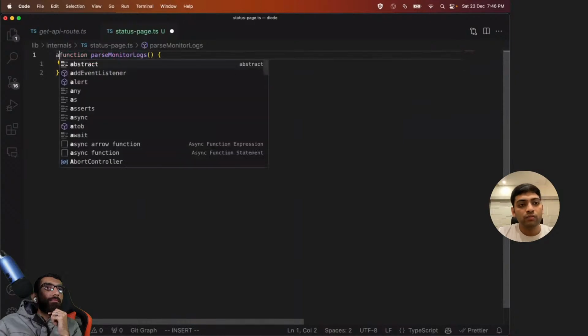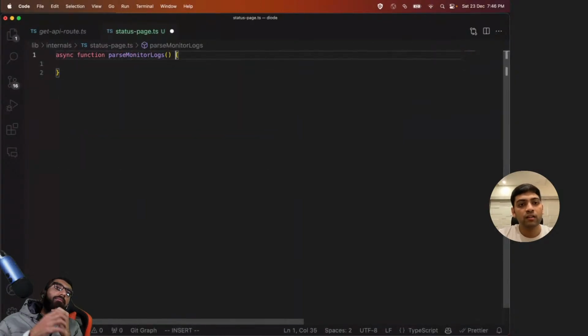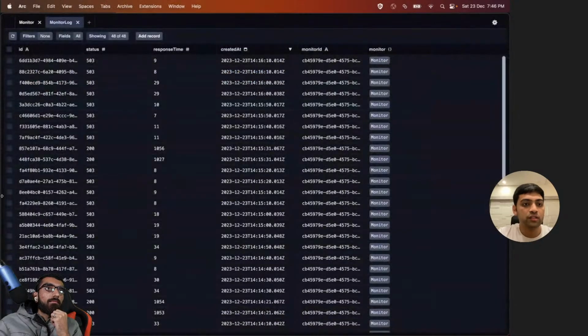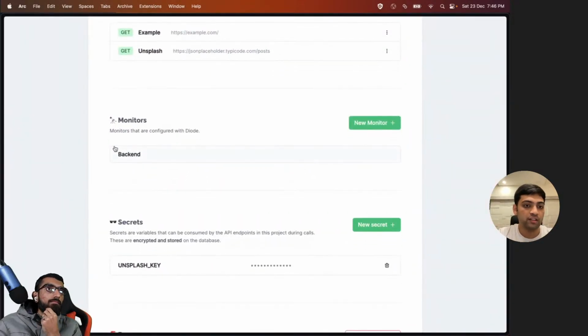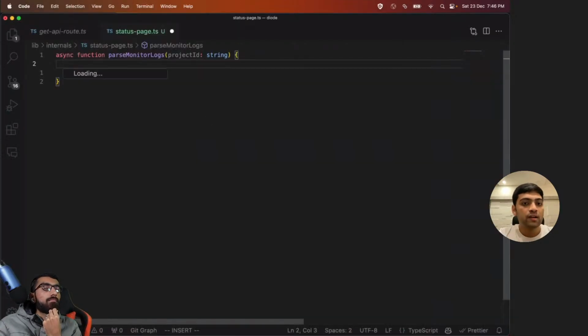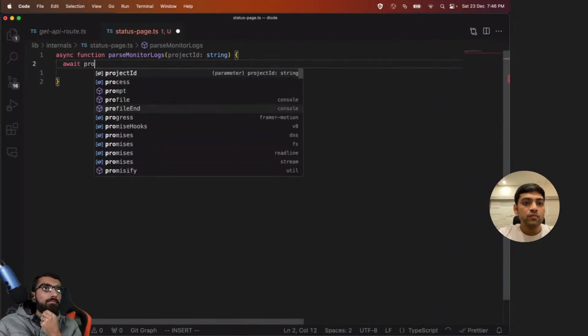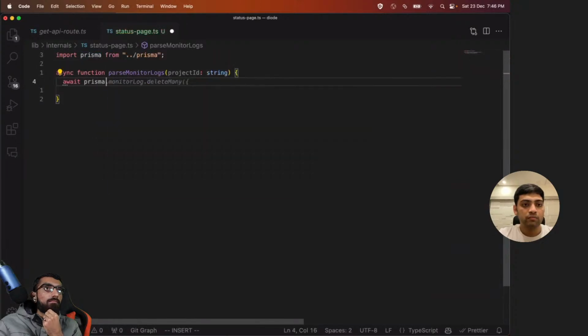What this function will do is it'll take a project ID. I'll change to project ID because we'll create one status page for the project, and inside that status page you'll see all the monitors that are there. So for backend you'll see one status indicator. Then for any other monitors that you add, all will be in one single status page. Makes sense. So we'll first fetch all the monitors